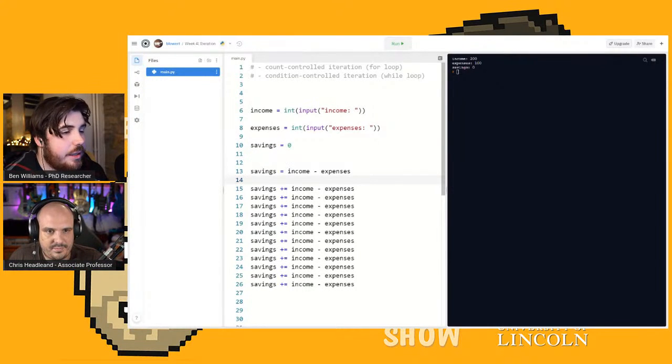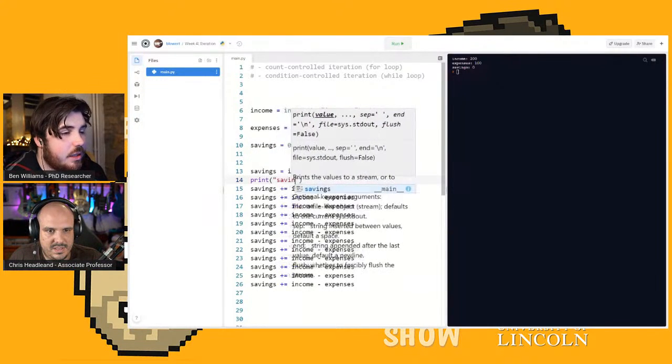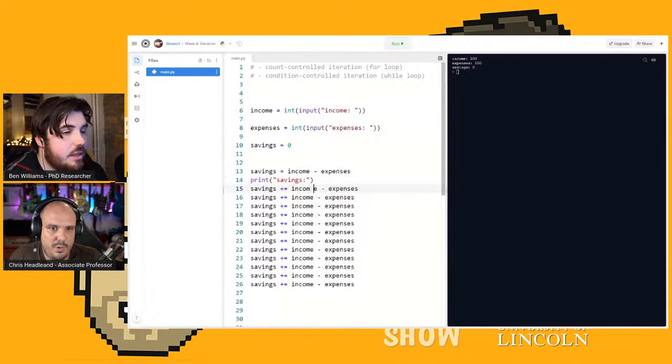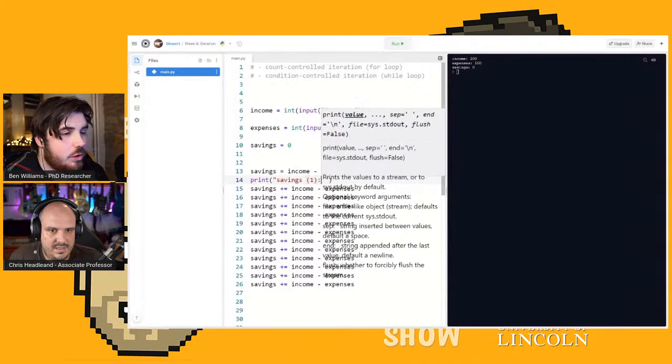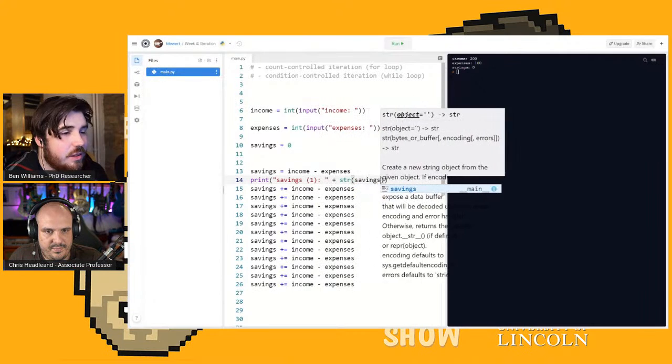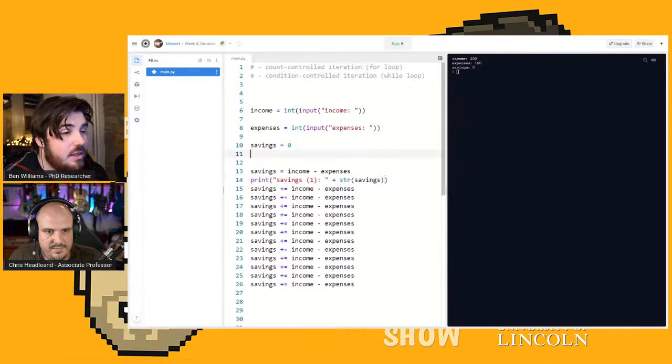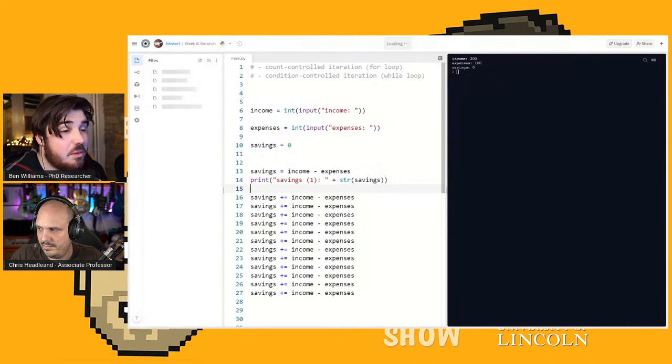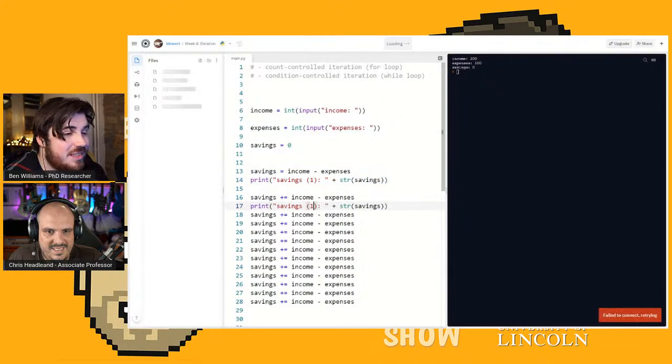And then I assume we do something like savings after one month. We'll just put 1, and then plus str of savings. What we're doing is we're saying savings of the first month is, and then we're str, if you remember, taking a number, which is this, and converting it to a string, a bit of text. So if we copy this and essentially do this many times,